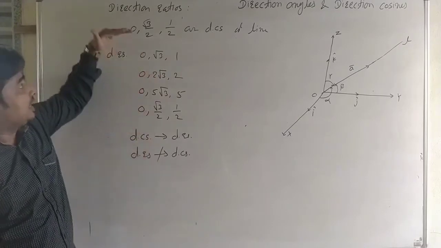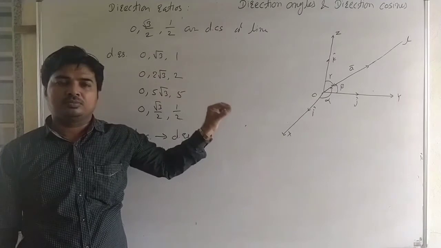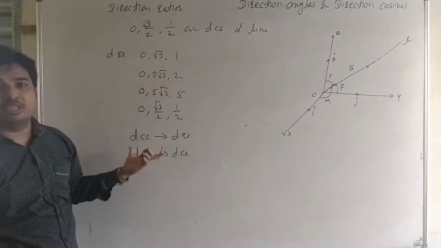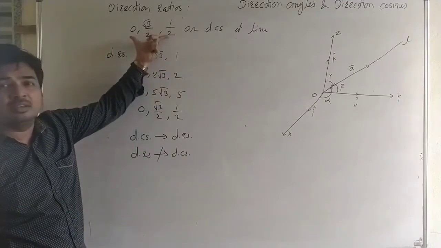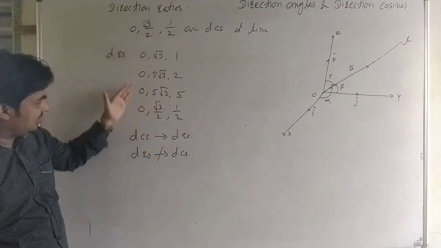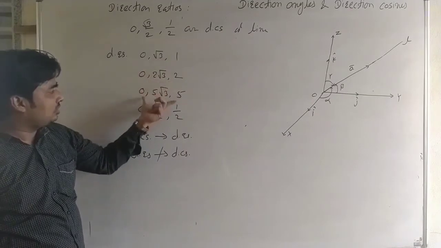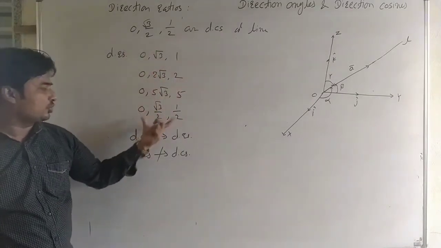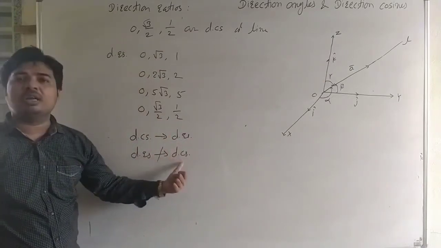Here, direction ratios means numbers which are proportional to the direction cosines. Sorry, it is the direction ratios. Numbers which are proportional to the direction cosines are direction ratios, and we can take direction ratios infinitely. We take this or this, anyone. Direction cosines are direction ratios, but direction ratios are not direction cosines.